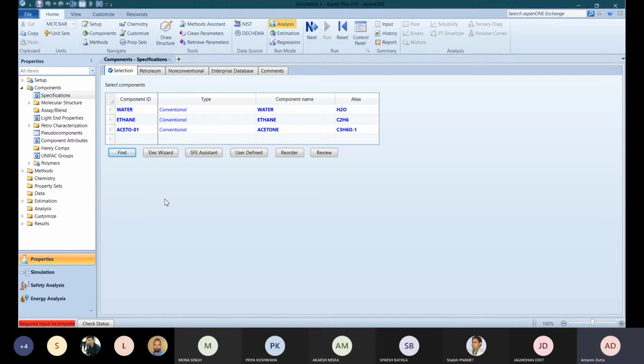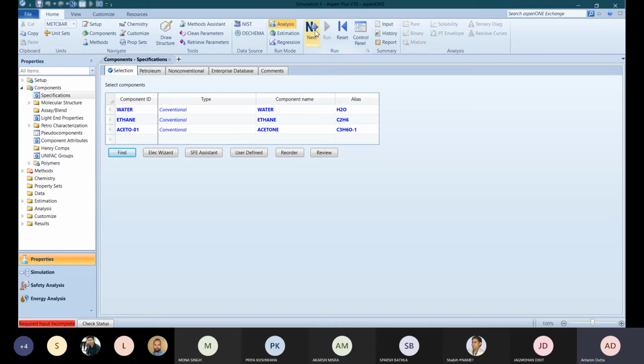Now, being over here, I don't know what the next step is. I don't know what to do. What you have to do is ask Aspen to take you to the next step by clicking on this Next button. So make a habit of pressing this Next button once you complete your input data. I was over here in component selection, I selected my component, and now I don't know what to do.